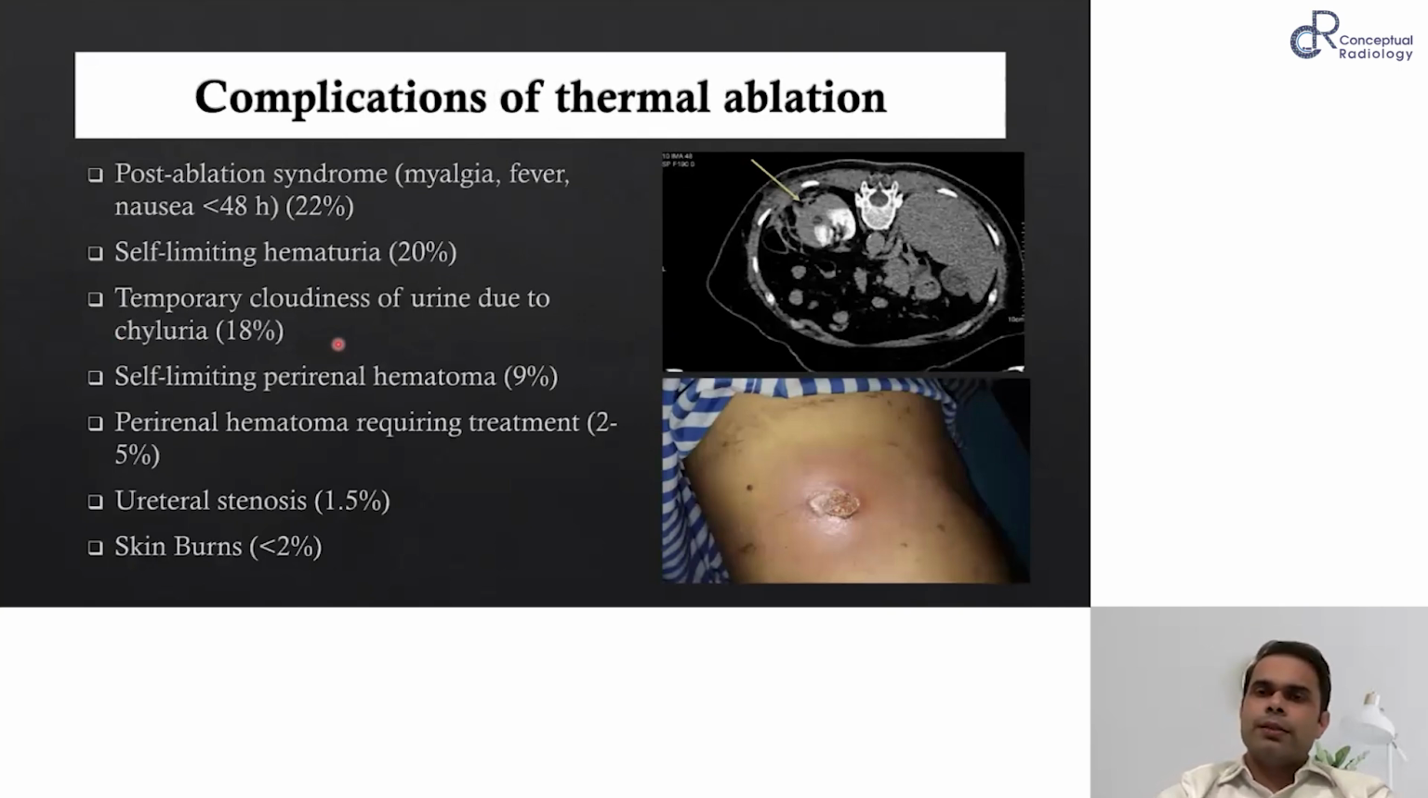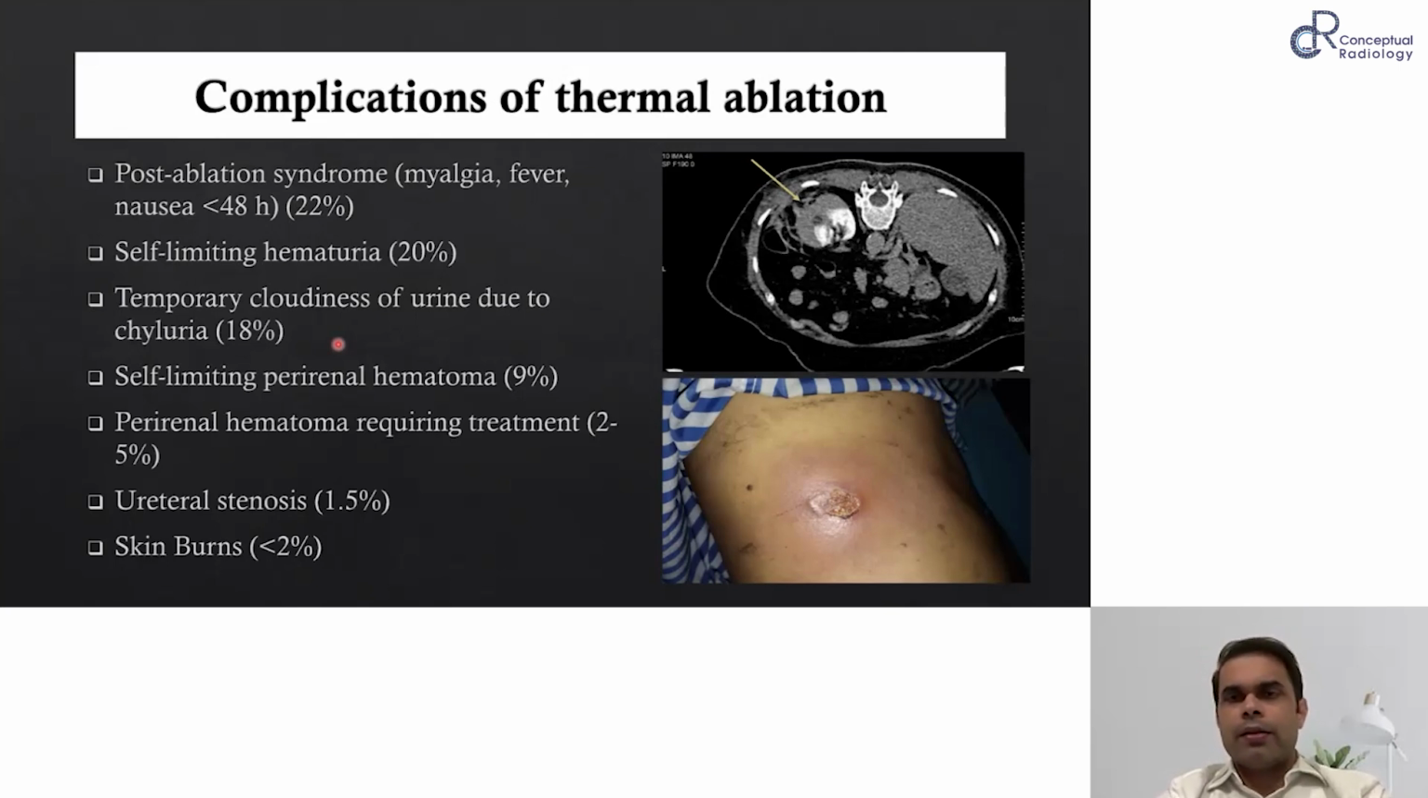So complications, the most common complication is that the damage that you cause to the tumor leads to release of some inflammatory material causing myalgia, fever, nausea. This is called post-ablation syndrome, similar to the syndrome that happens post-embolization. You can have infection in that area, in renal tumors, you can have self-limiting hematuria or chyluria. Sometimes you can have hematomas around the area that was